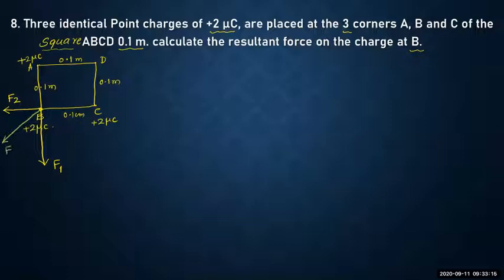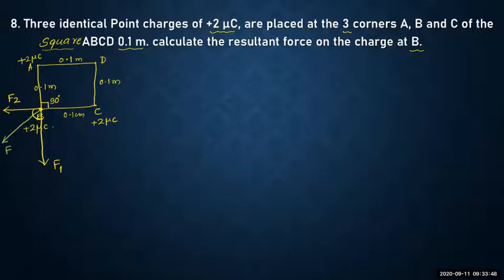Okay, so the magnitude of the resultant force mainly depends upon the angle which is present between F1 and F2. Now, in this case it is very easy. As the interior angle is 90 degree because it is a square, definitely here also the angle theta will be 90 degree. Correct. Then our work becomes somewhat easy.